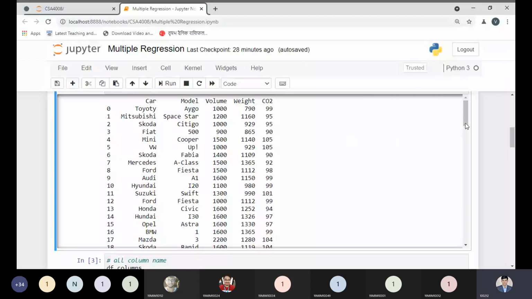Yes, tell me. Can anyone tell me? Yes, please tell me. Which one would be the independent variable or which one would be the dependent variable? Here we have multiple independent variables. If we have, then what are those? Yes, please tell me. If you don't have any idea, then say no, else I can explain.